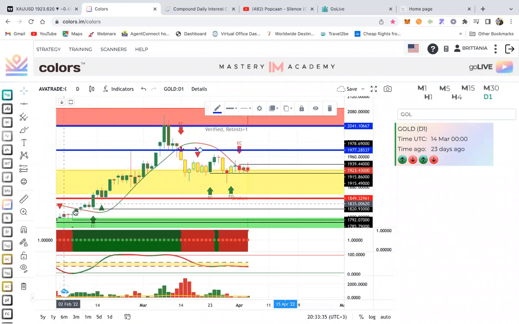All right. Then down in this section, where you see this colorful chart right here, the top is your day, because I'm on the day chart right now. The dots in the middle are your current time frame, which is your day, and the bottom is my day, right? So the higher your time frame, you only have one. If I was on the 4, this would have been my 4, 4, 4. If I'm on my 1, this would have been 4, 1, and 1.